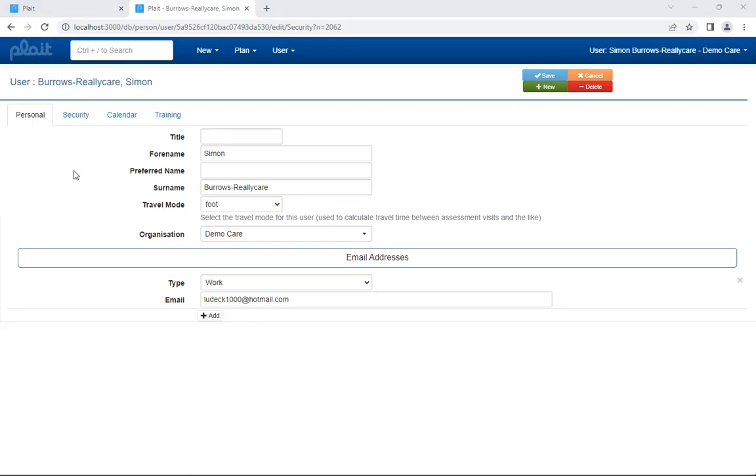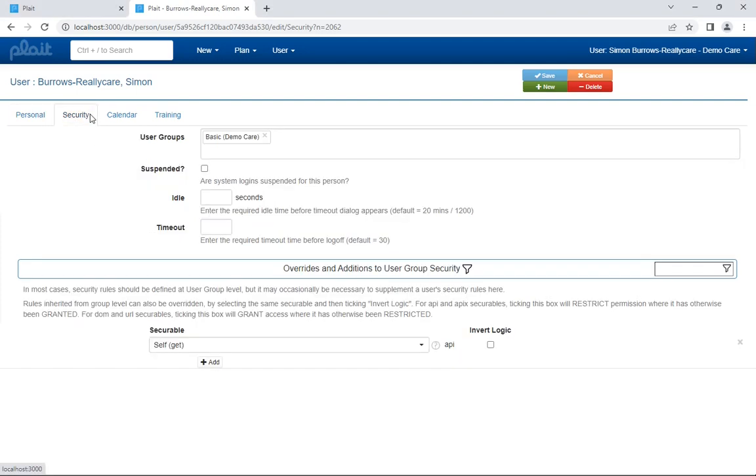Now that I have front-end access to my own user record, we have a potential security concern. If I am able to access this record, I have access to the Security tab, and from here can set up overrides to my own security profile, potentially granting myself permission to areas of the system that I should not have access to. One possible solution to this would be to set up an API securable preventing me from updating